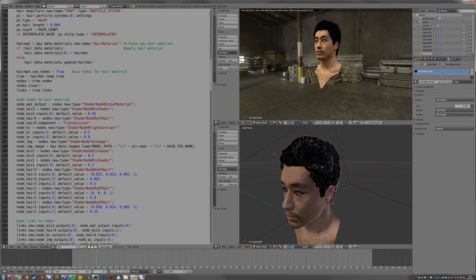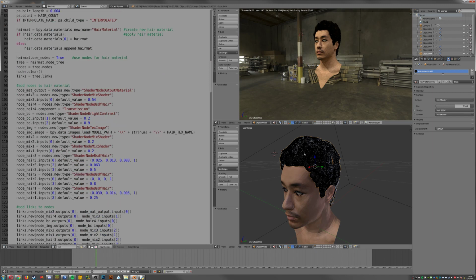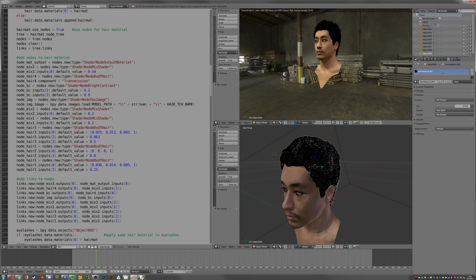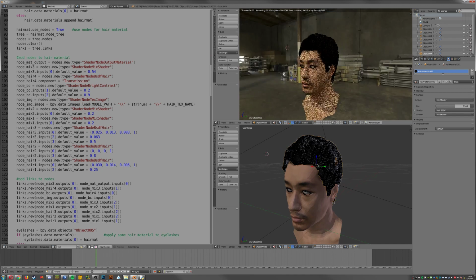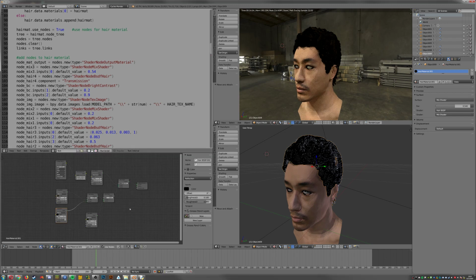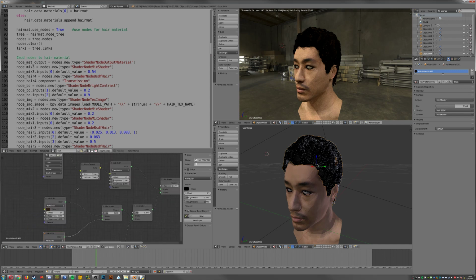And then after that, it uses the node editor to create all of the different nodes and links in the tree to create the texture that will be the part of the final render result. So for example, the image texture is black here, but the actual final render result is much more complex because of the node editor. So I've opened the node editor for the hair, and this code automatically does all of